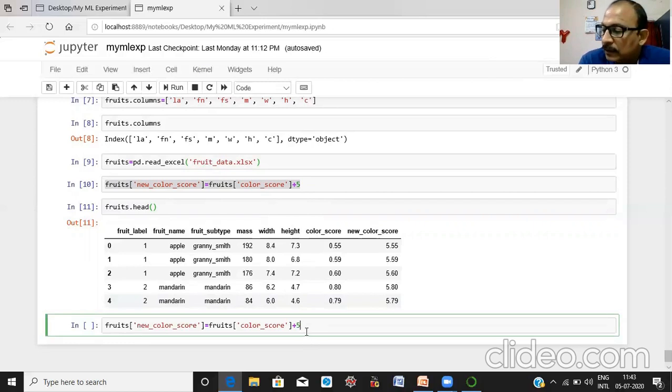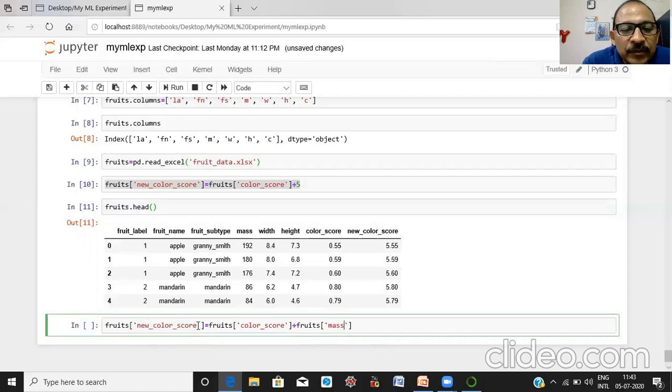Color score, next, suppose fruits, this is the data frame name, and color score, and next, suppose mass.